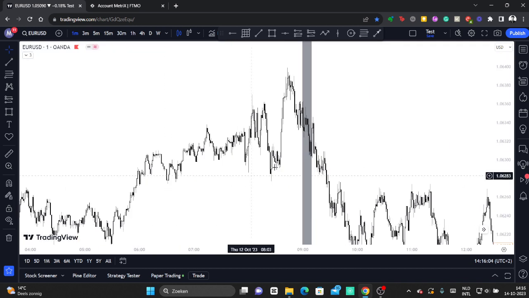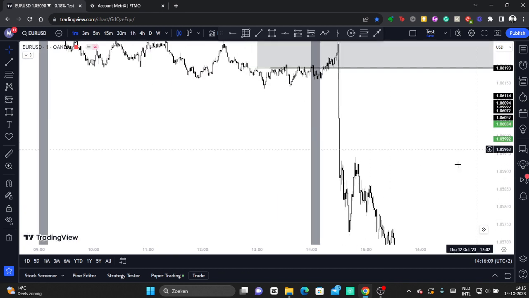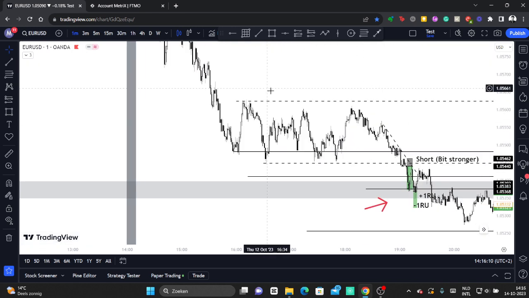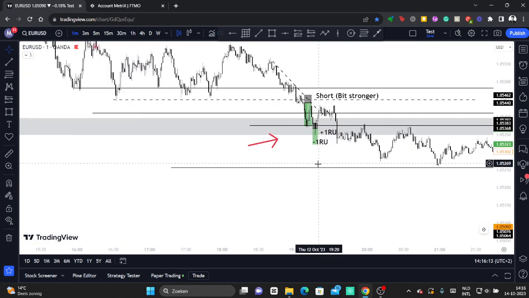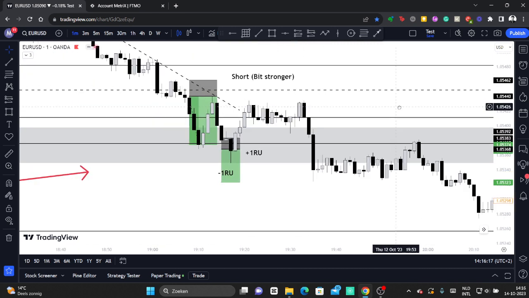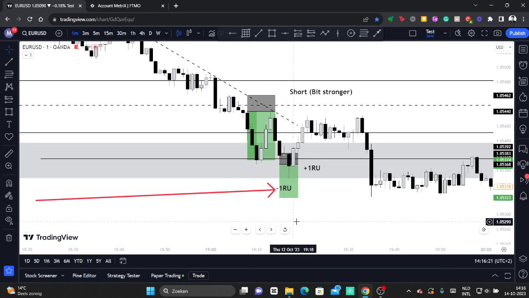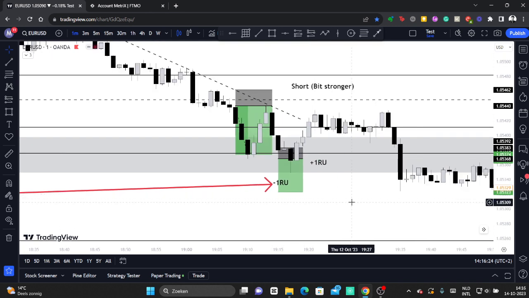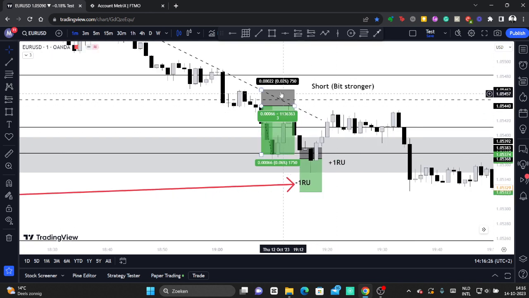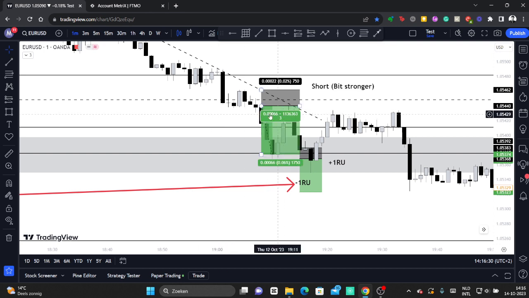So the next trade, let me go to Thursday. Oh, it's going downwards. So as you can see over here, let's go to Thursday. Basically, there was also a losing trade, and this was a little bit unfortunate. As you can see, there was a trade that I did not take,